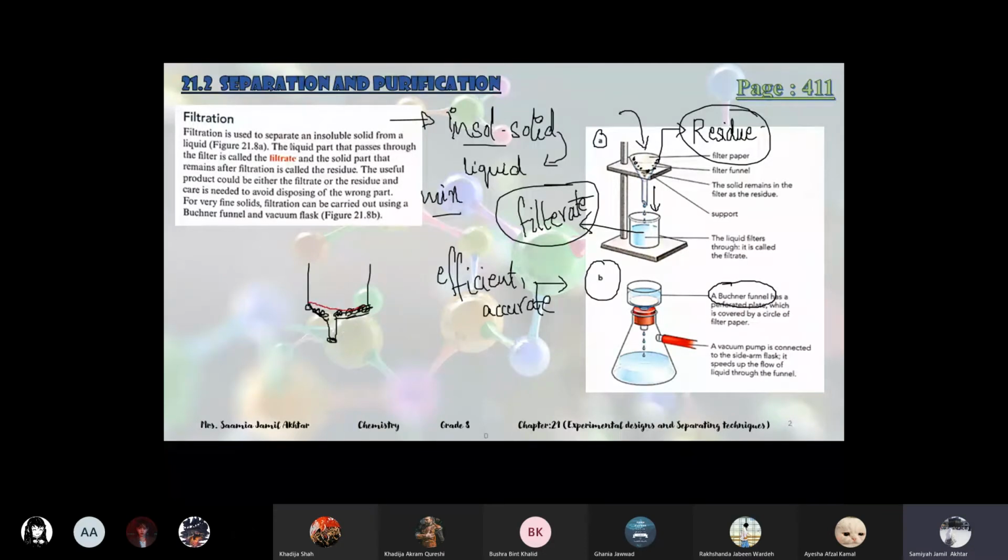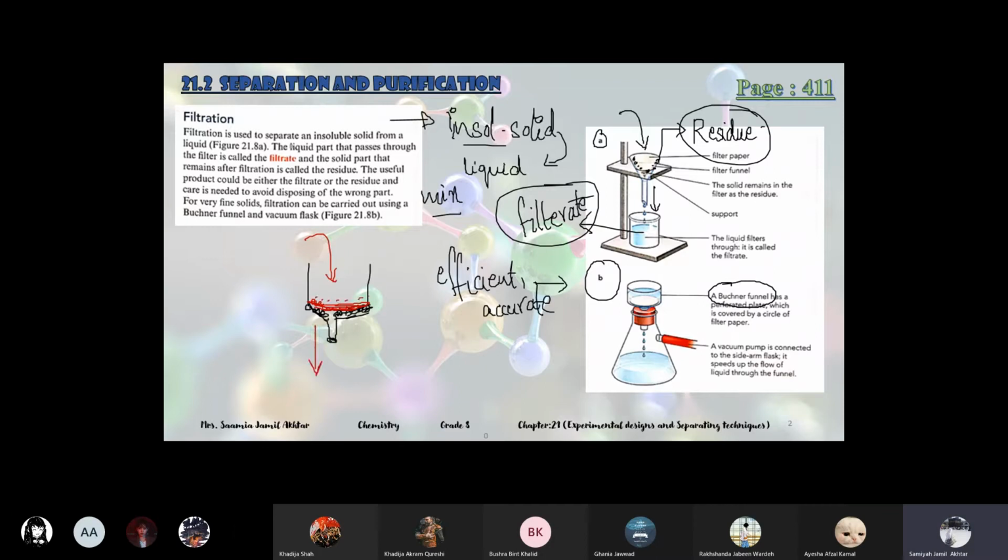We put filter paper on the top, na? Like on the bottom. What happens with the filter paper? The insoluble particles will stick on the filter paper. It will not allow the solid particles to go into the filtrate. It will trap the insoluble part. So there is filter paper, and when we pour the mixture, the filter paper will trap all the particles, and the filtrate will go into the flask or a beaker.